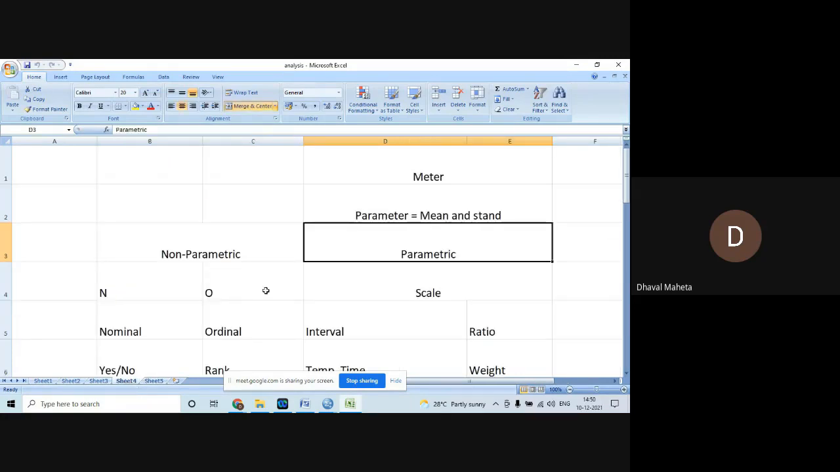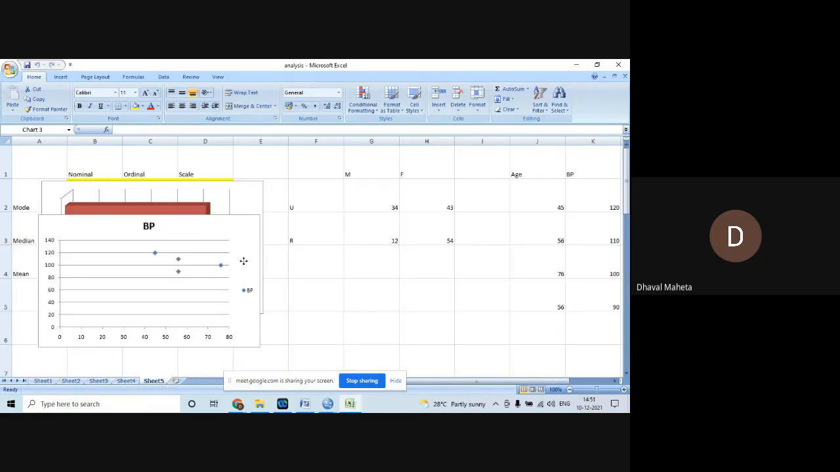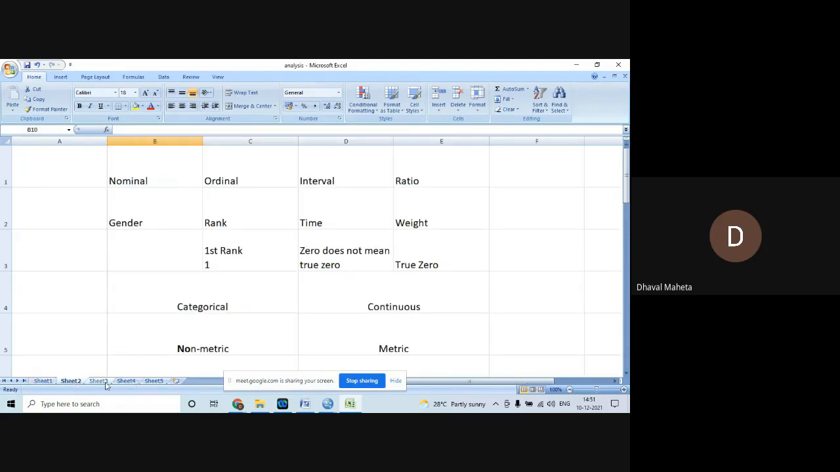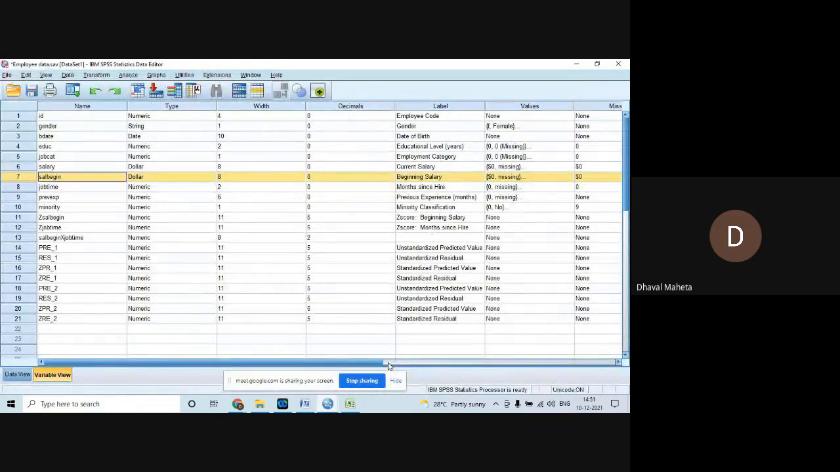So just see here that if your data is non-metric and if your data is metric, that includes the scale variable, and here it includes the nominal and ordinal variable. So just see the data file and try to segregate which falls in this category. So gender, job category, and education fall in